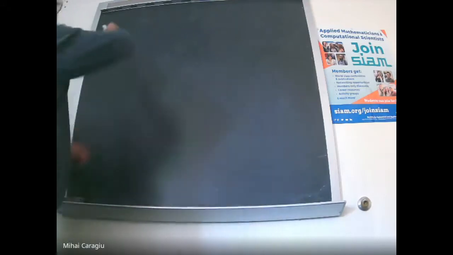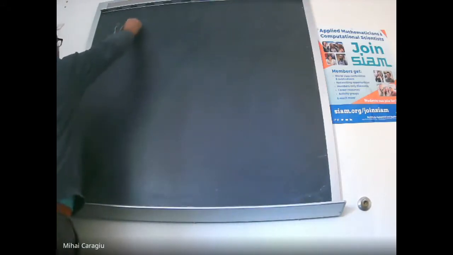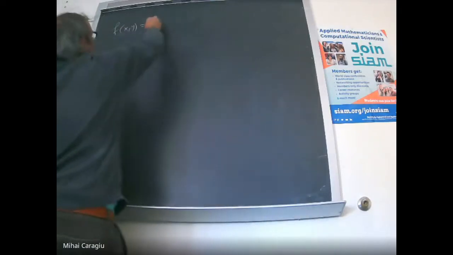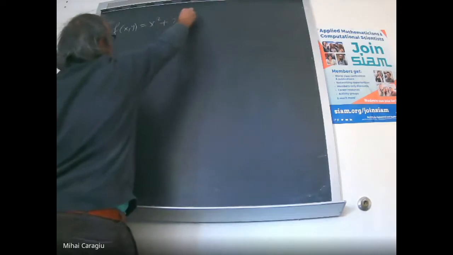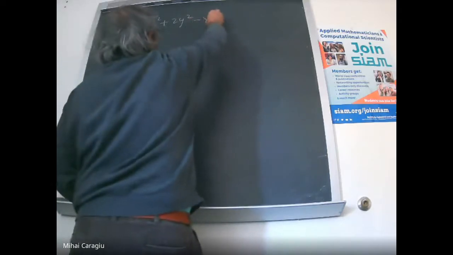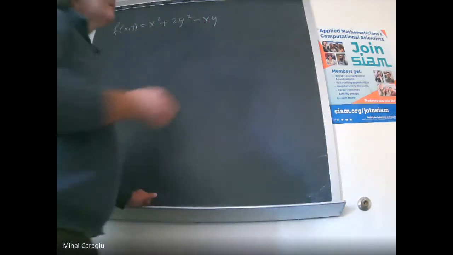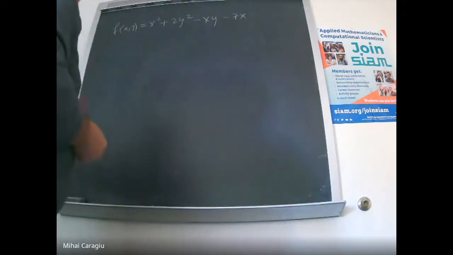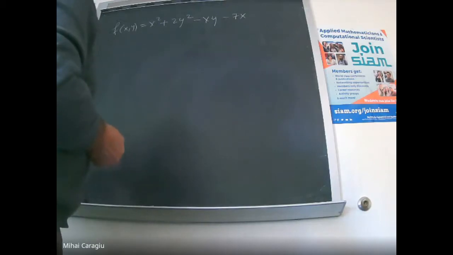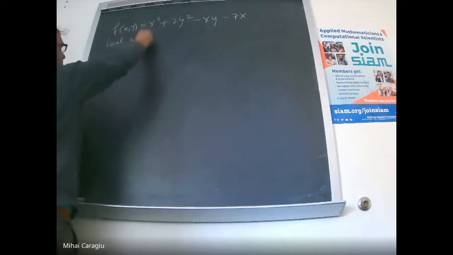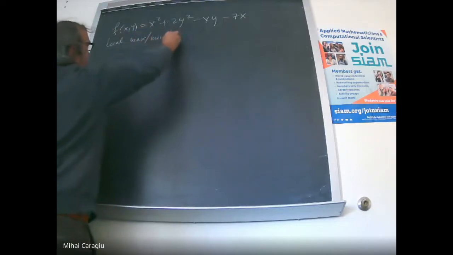Okay, so let's try to solve a maximum minimum problem. f of x and y is given by this function: x squared plus 2y squared minus xy minus 7x. So first of all, let's try to find all local max, min, slash saddle points,